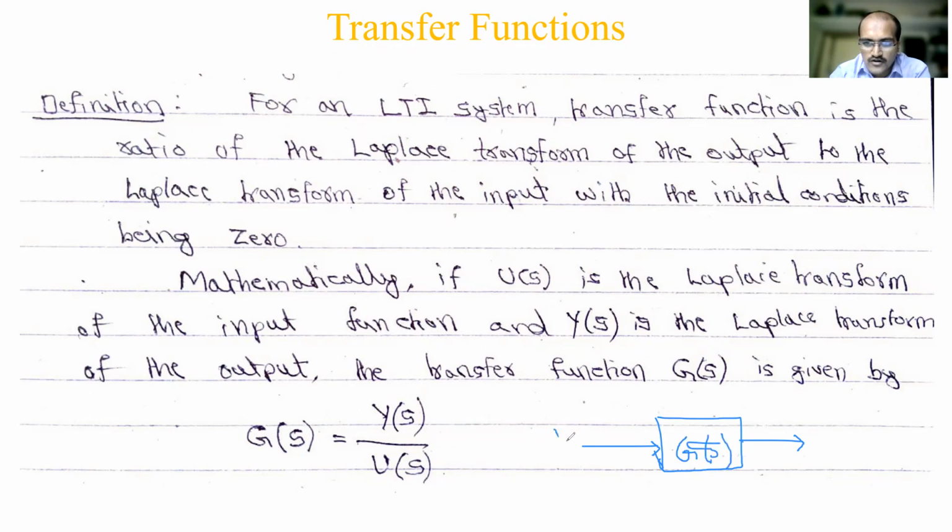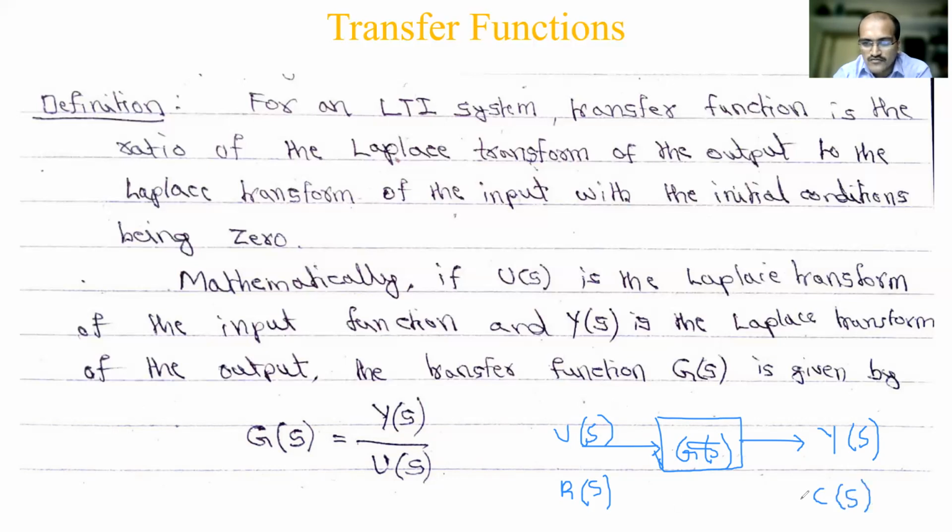The input will be called u of s. So in time domain it is u of t, in Laplace domain it becomes u of s. And the output, if it is y of t, then it is y of s. So this is one notation of using input and output. Another way is we also consider it as the reference input, so it is called r of s. And the output of the control system is normally called the controlled output, c of t, so it is also called output c of s. So any of this representation you can see.